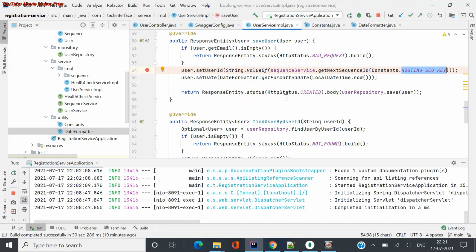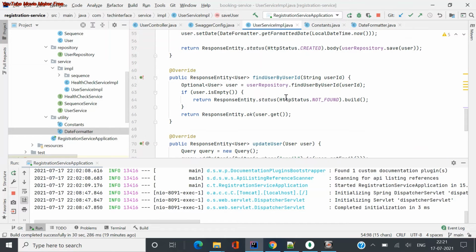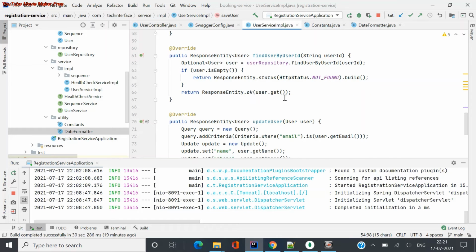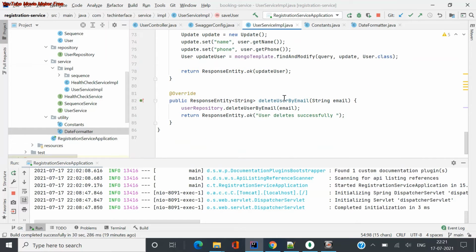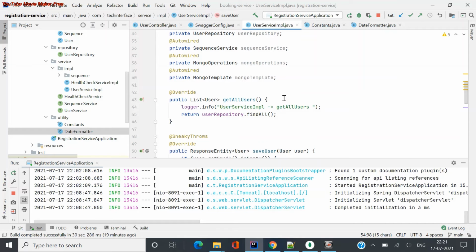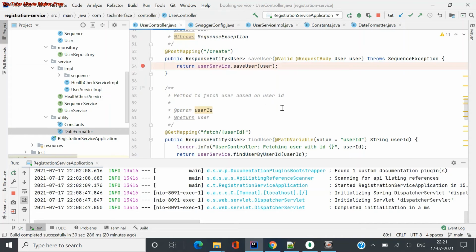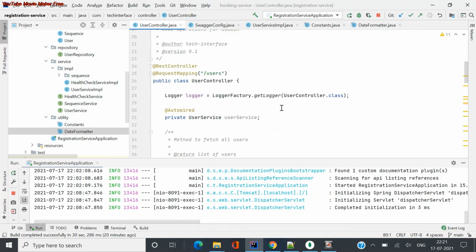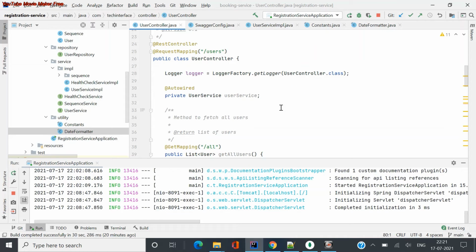You can use it, and it will be created only one time at the start, and you can just reuse those things as per the static class and everything. So these are the basic things we need to consider while creating REST APIs, the request, response, and how it is mapped. And I'll give a brief about the loggers, but I'll make another video for loggers as well as exception handling.